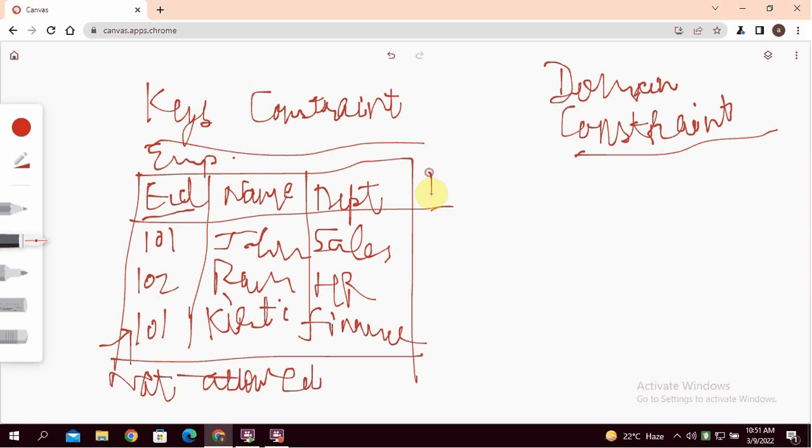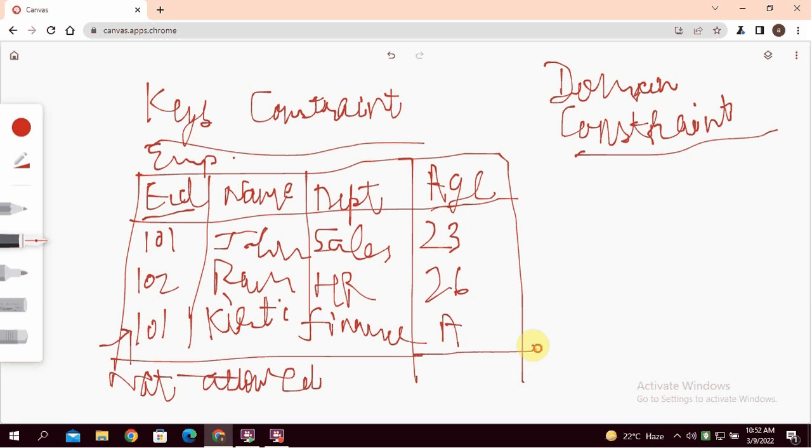Let's take an example here. Here, relation employee. It consists of 4 attributes. These are EID, name, department, age. Values 23, 26, A. Here, A is not allowed, because age is an integer attribute. So this is the domain constraint. Now next is